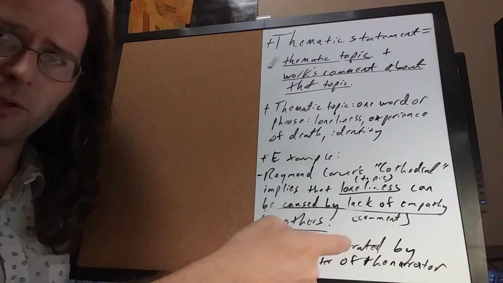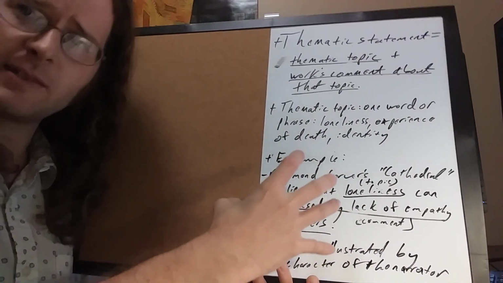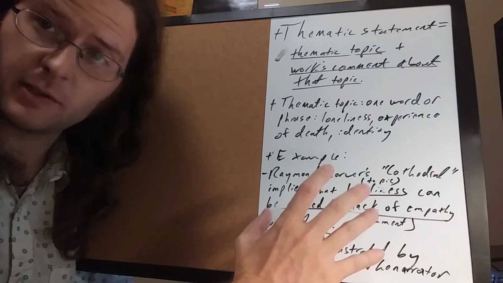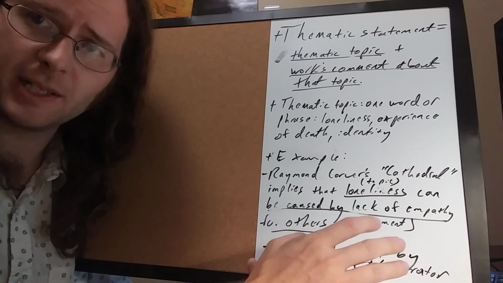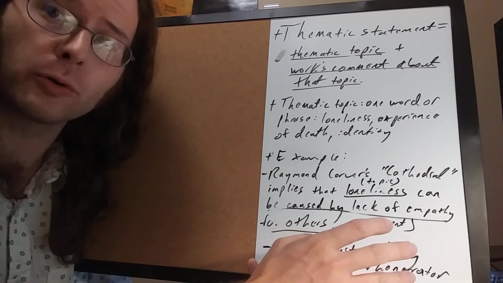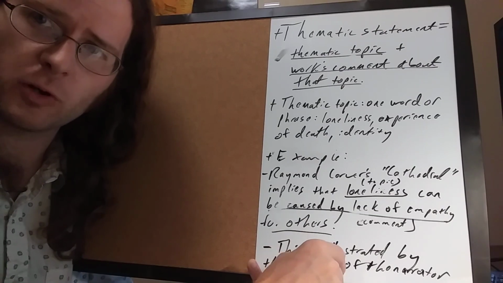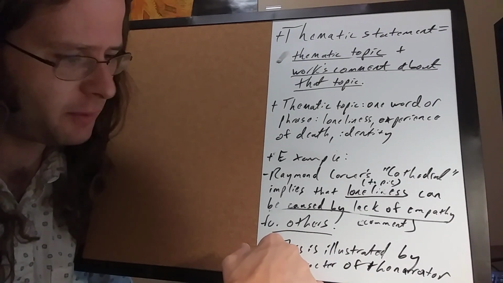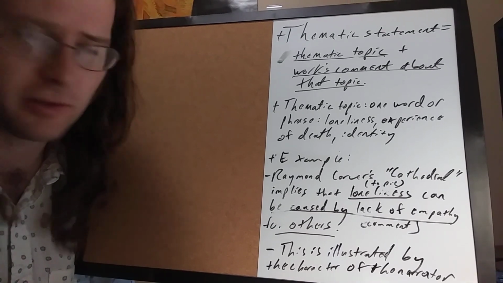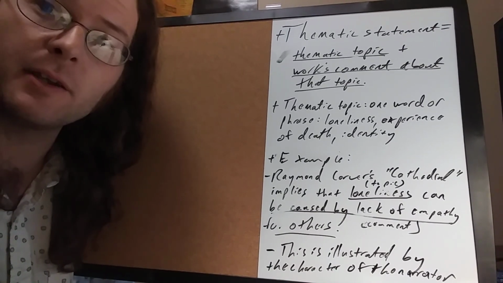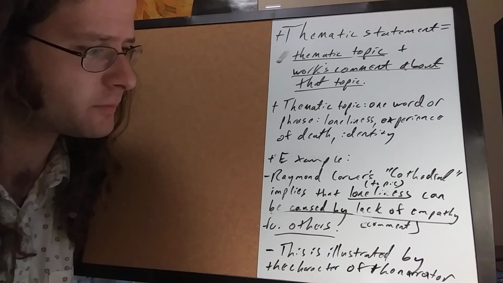That's the next step you need to take. After you have expressed the thematic statement, you'll notice in all of your quizzes I ask you to provide an example that illustrates this thematic statement or proves it. It shows how that is illustrated within the work of fiction. So I put down here, this is illustrated by the character of the narrator. And you could add, and how he or she develops over the course of the narrative.